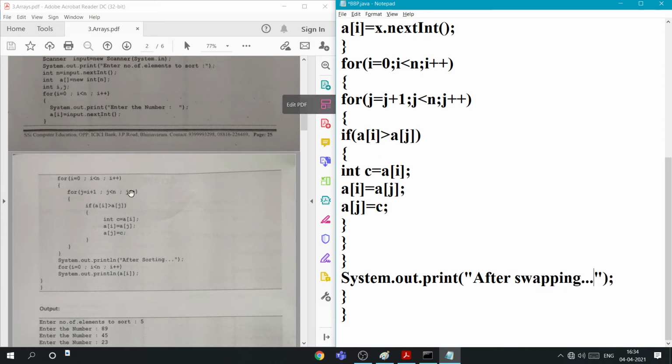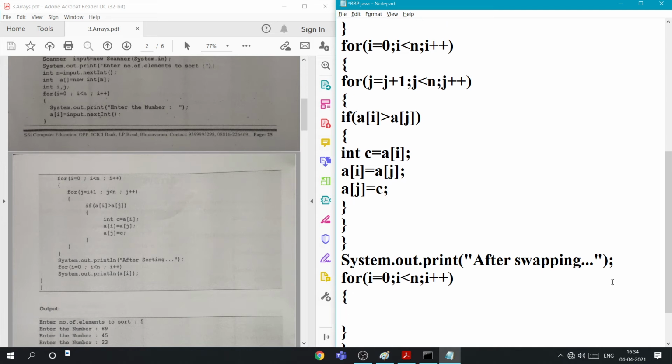Okay, so after swapping we need to print that array again. So again we need to write a loop, just printing those elements. No need for any brackets because it's a single line. So for i less than n, i plus plus. If you want to use brackets also, it's fine.